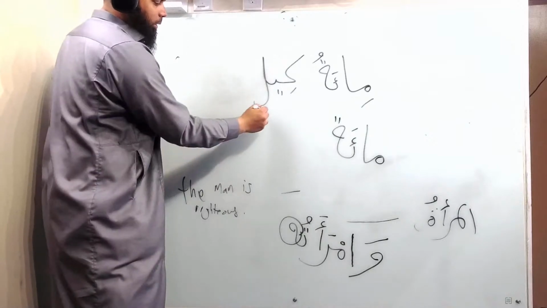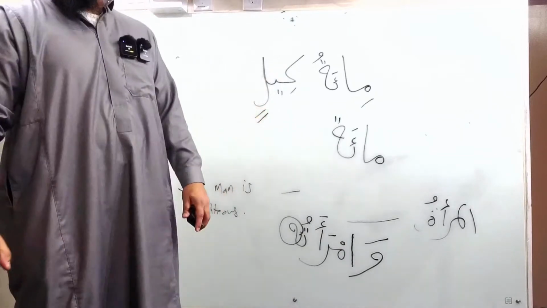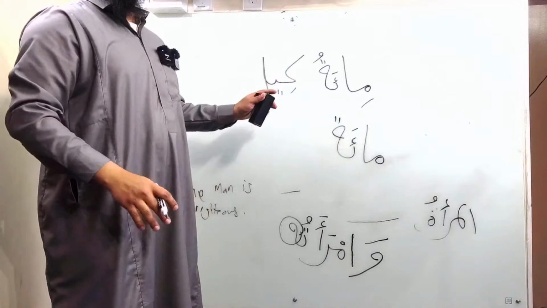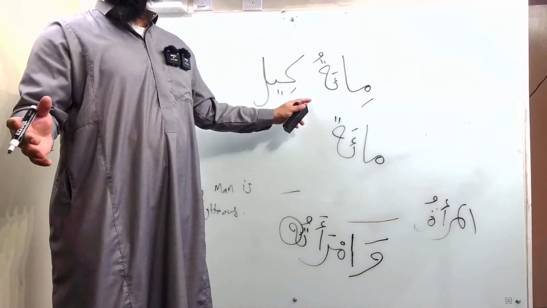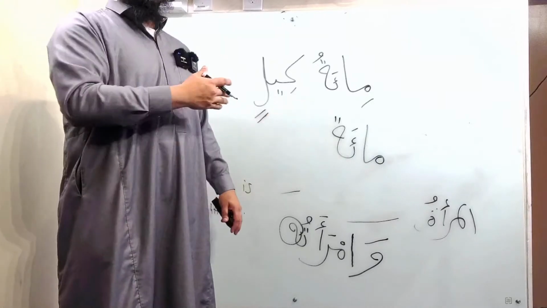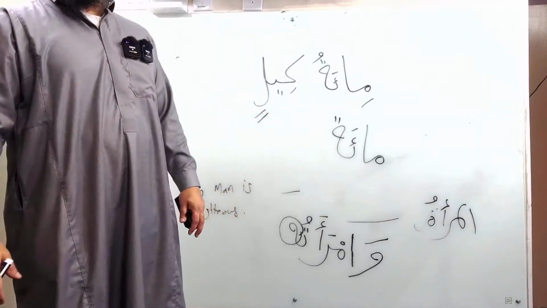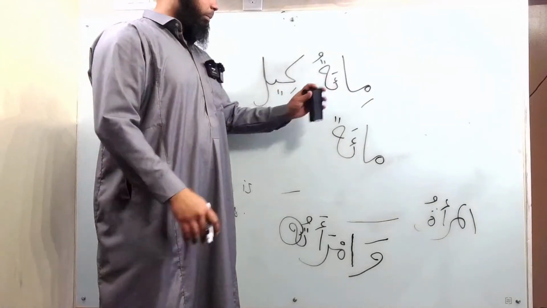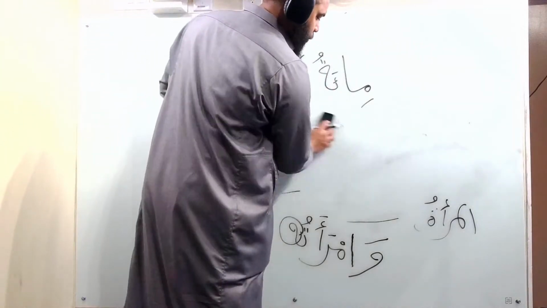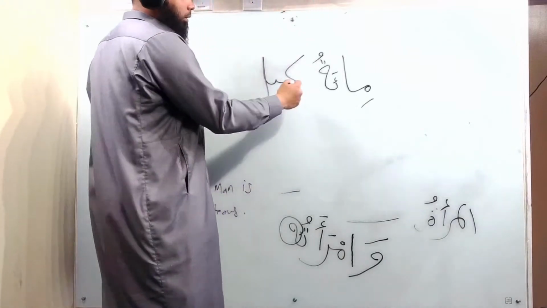You notice the mudaf and mudaf ilay construction. That's how this word works. We say in English 100 kilogram. In Arabic they say 100 of kilogram. Mudaf, mudaf ilay. So the Mia, when it's used with something that you count in,